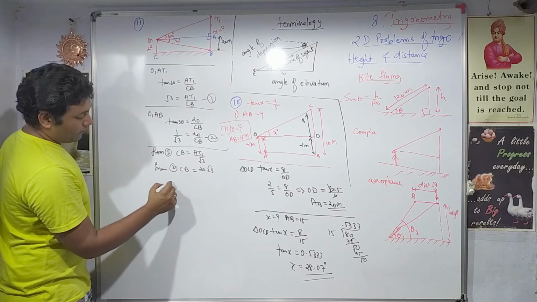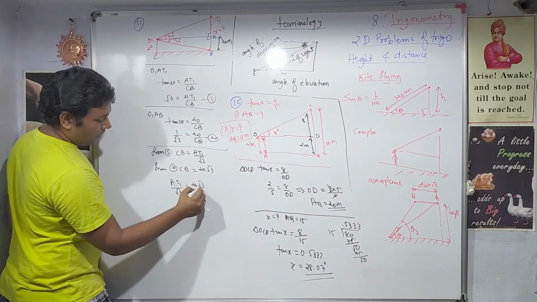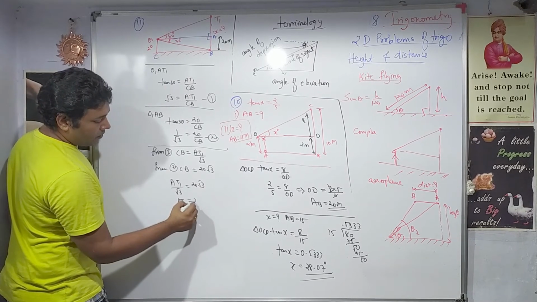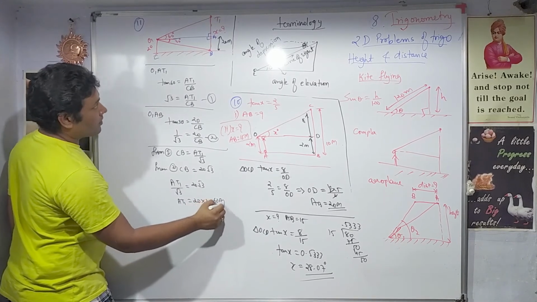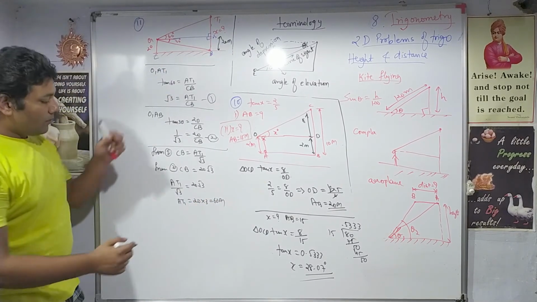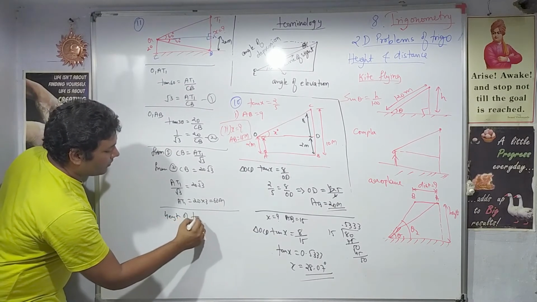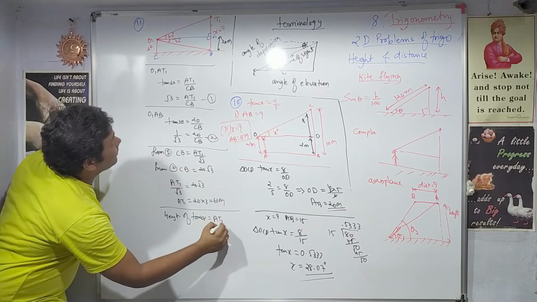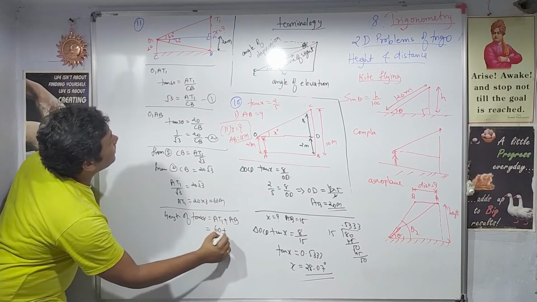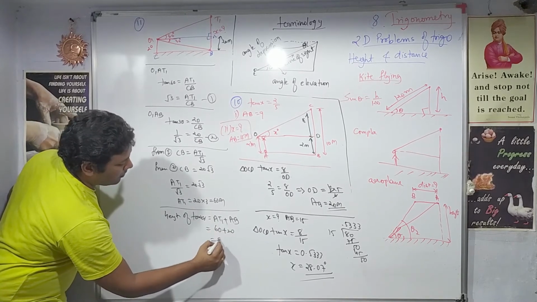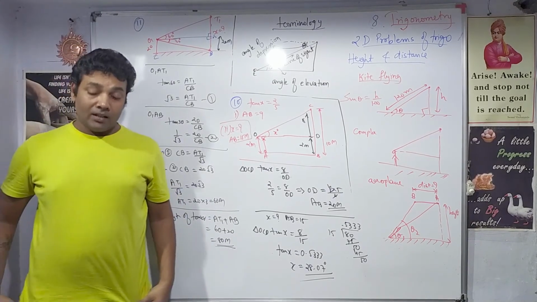So let us compare. 81 upon root 3 is equal to 20 root 3. So value of 81 I got 20 into root 3. Root 3 into root 3 is 3. So that is 60 meters. Since AB I know, now we got the answer. Height of tower will be 81 plus AB. 81 I got as 60 meters, then the AB I got as 20 meters. So 80 meters is the height of the tower, and yes, that is the perfect answer.